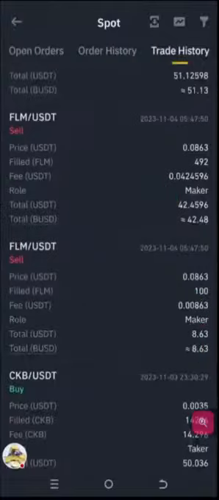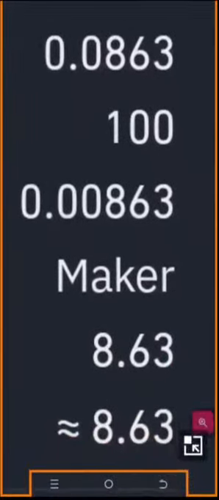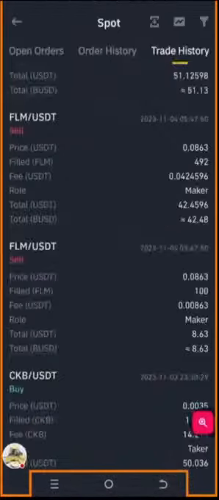Okay, so we have FLM. It got sold in 2 batches. It got sold at $42.48, and then the second one got sold at $8.63. Okay, so we got it sold in 2 batches. The first batch was $42.45. The other one was $8.63. Okay, and when you put all of that together,